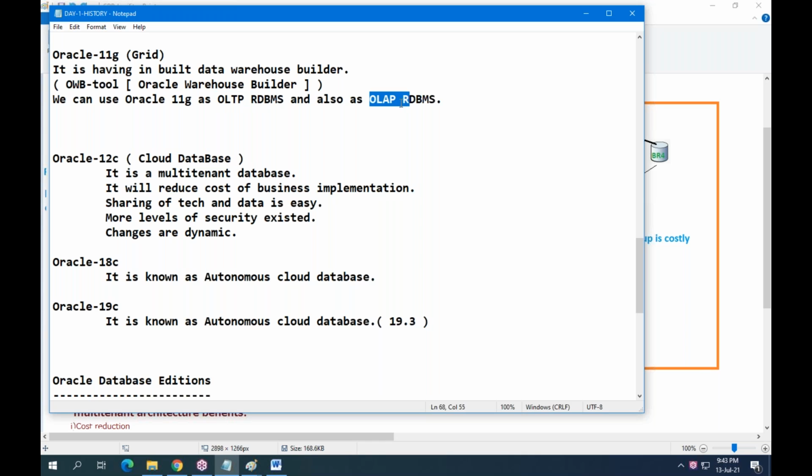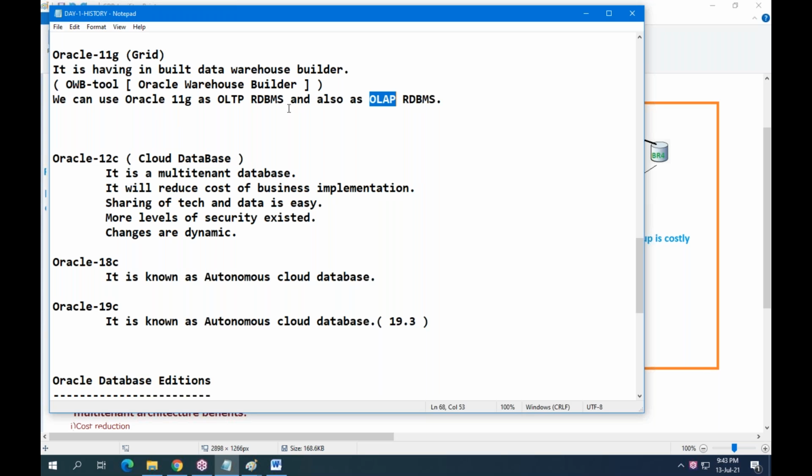OLAP is for old data, to perform analysis on the business. OLTP is for storing the everyday data. OLAP is for storing old data, historical data. We can perform analysis through this.